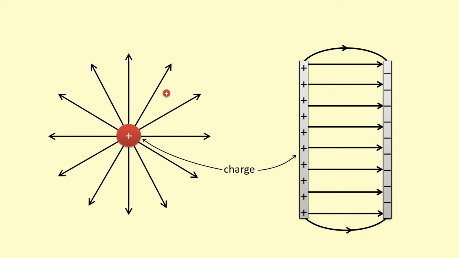So for example, if I put another positive charged particle over here, it would be repelled by the positive charge in center. So it would be a force pointing away like this. And if I put a negative charge over here, for example, then it would be attracted towards the positive plate and repelled away from the negative plate. So an electric field points in the direction a positive charge would experience a force. But on the left-hand side, we have a negative charge, so that's why it's going in the opposite direction,